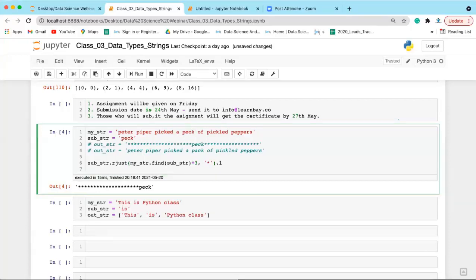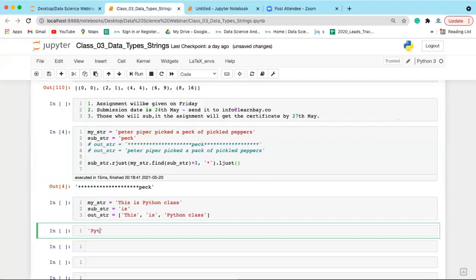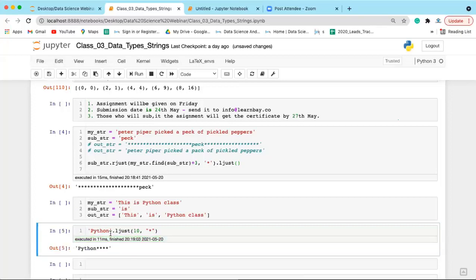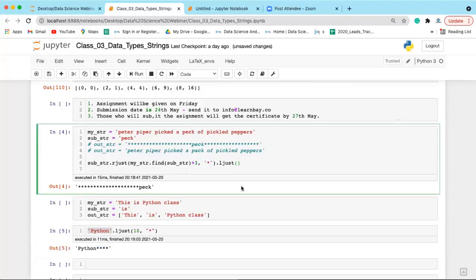Now with this we will be doing the left justification. What does the left justification do? Let's say you have Python dot ljust, and here you write 10 padded with star. In that case it will left justify this string and the rest of the characters will be padded with star. So here we take the whole length of my_str, and pad this string with the star character. Execute this. Now you get the stars on the right hand side. Okay, fine everyone, is this clear?